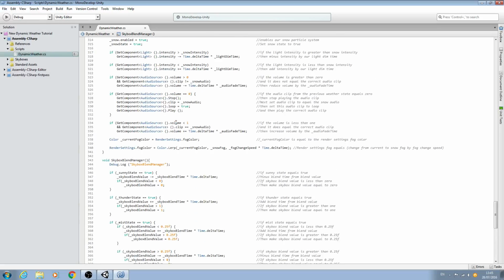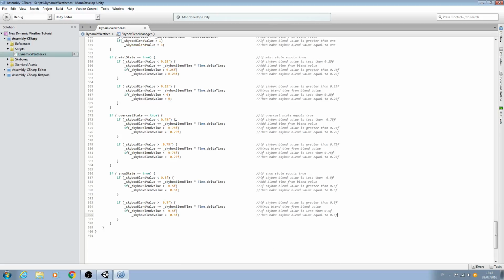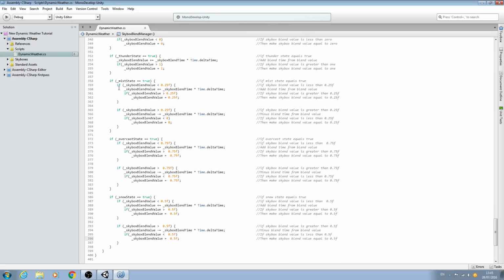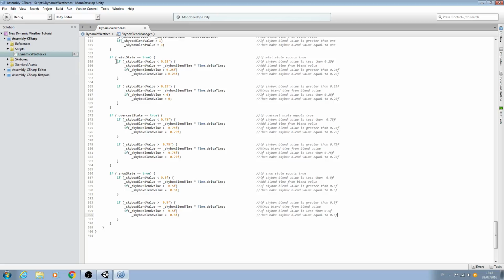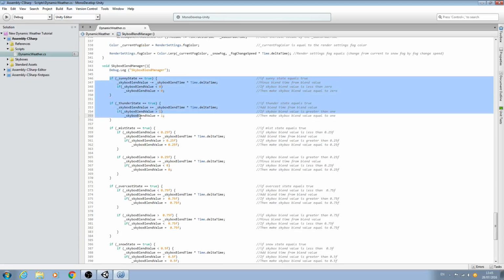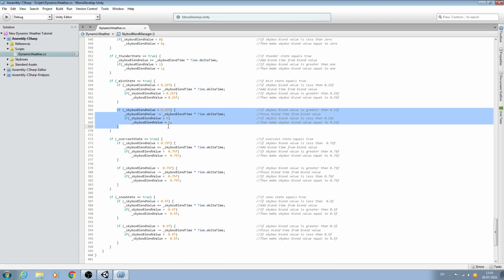So we still have more optimization to do on this script, but this is the basics now. Let's look at the miss state. If we try and go below a value, or we are at a value below 0.25f, we increase the blend value, and if we try and go over, we make it equal to exactly the same as these two states, and the same if it goes over or is over 0.25f, in which case we decrease,